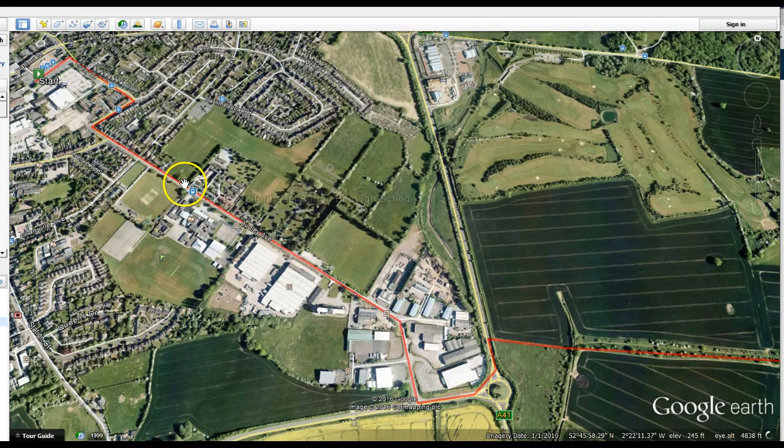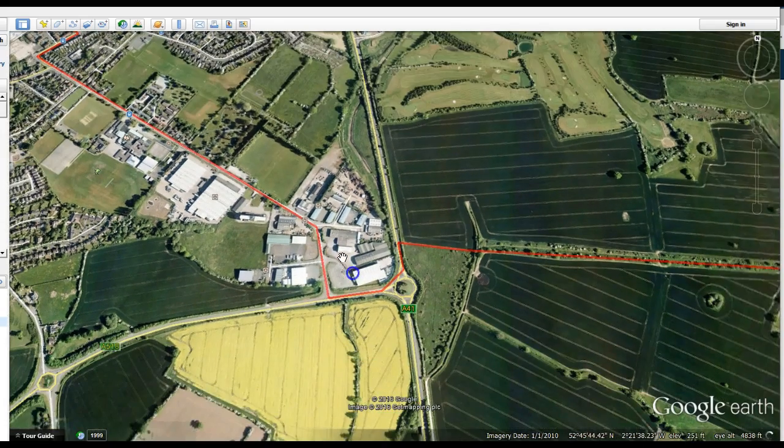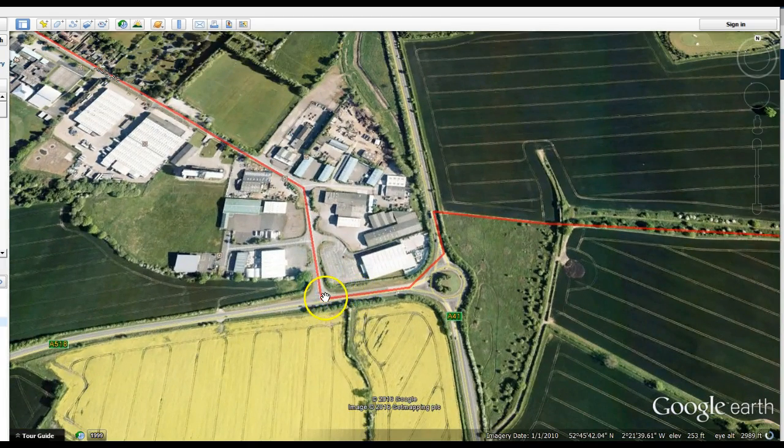Supporters, please don't follow the runners on this route out, because you cannot get past an area here which is blocked off. You do have to go right the way around this way. But runners, you can go straight down here. You'll follow this as it bends round until you meet the A518, where you will very, very briefly, for about